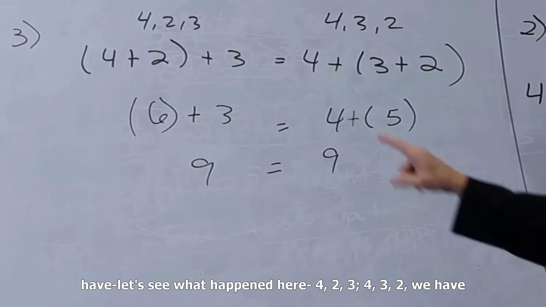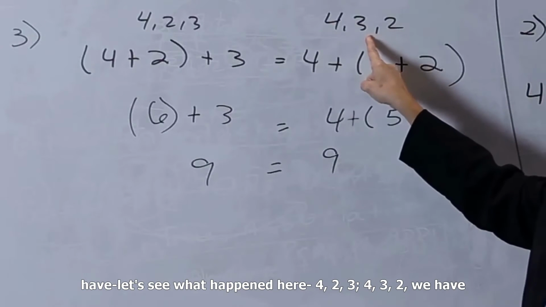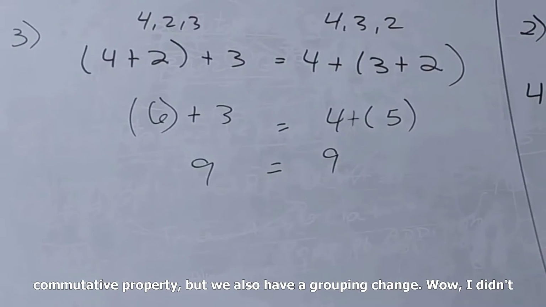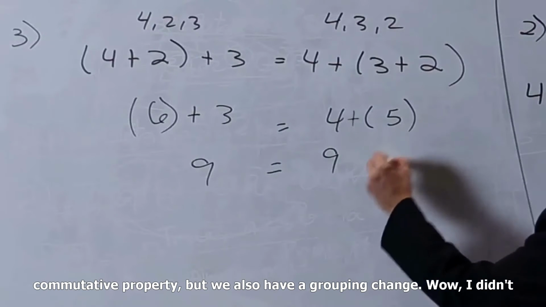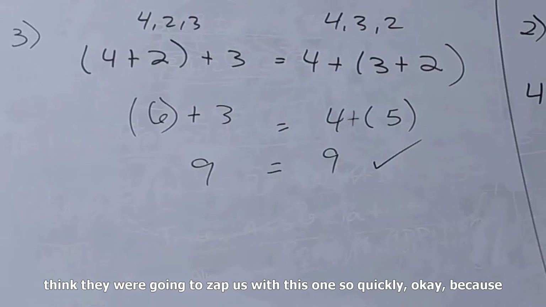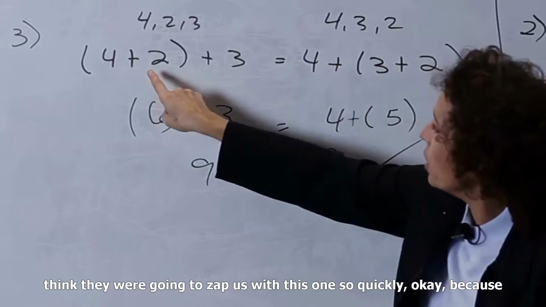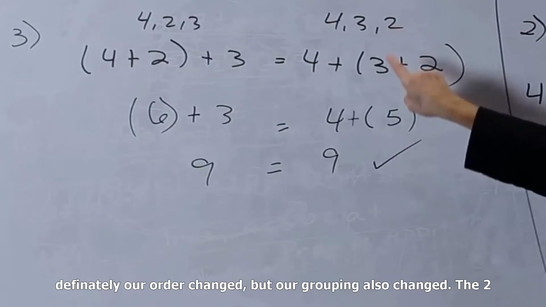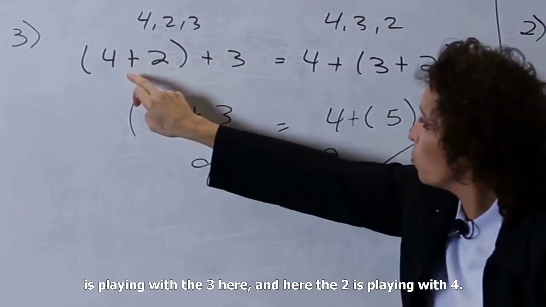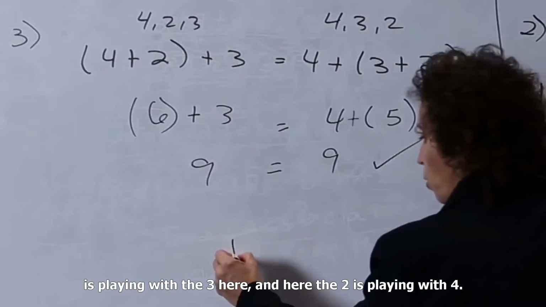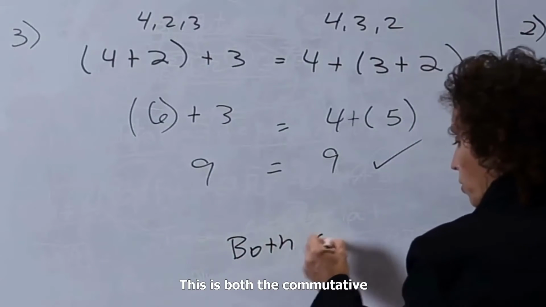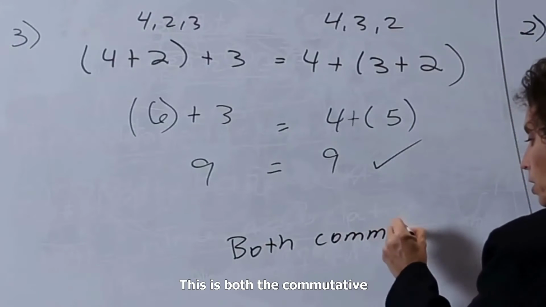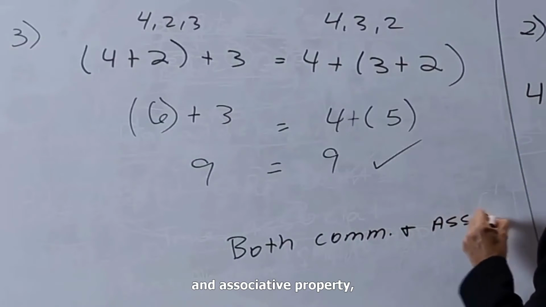Let's see what happened here. 4, 2, 3, 4, 3, 2. We have commutative property, but we also have a grouping change. Wow, I didn't think they were going to zap us with this one so quickly. Okay? Because definitely our order changed, but our grouping also changed. The 2 is playing with the 3 here, and here the 2 is playing with 4. So this is both the commutative and associative